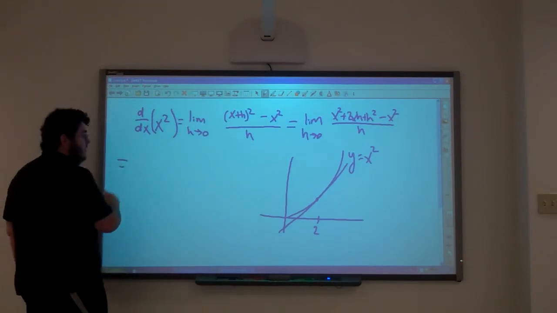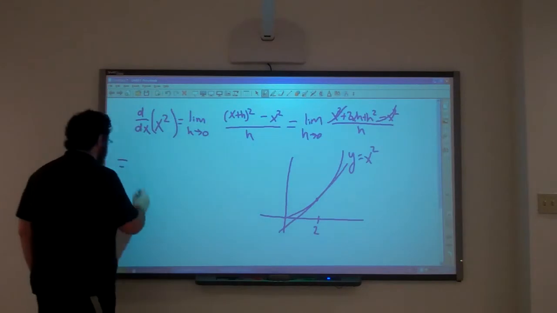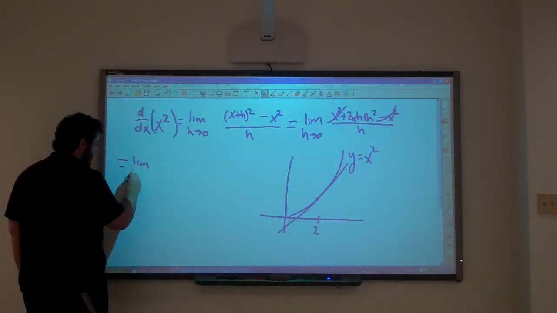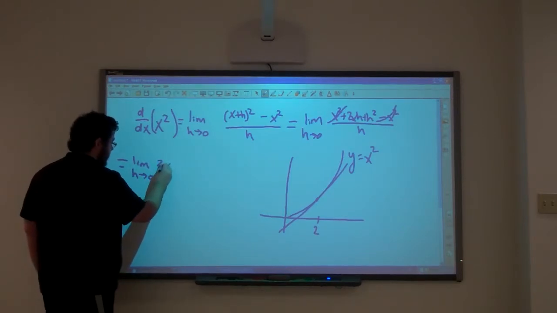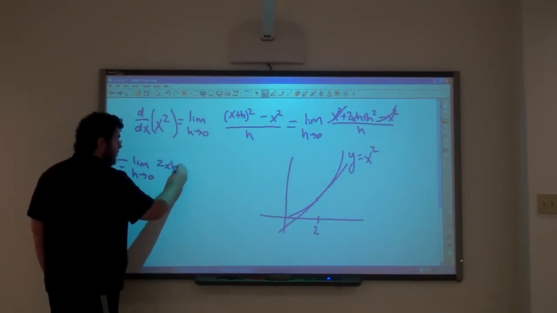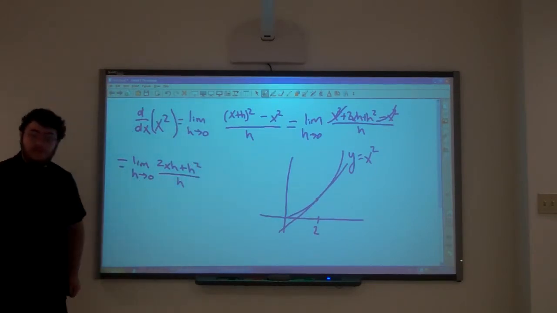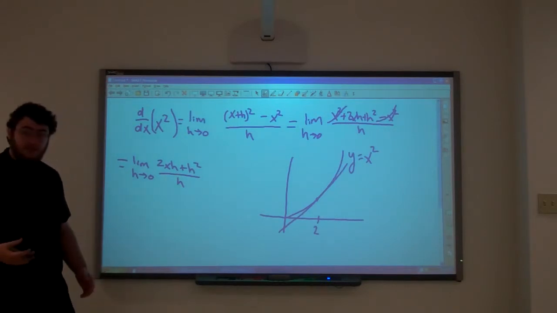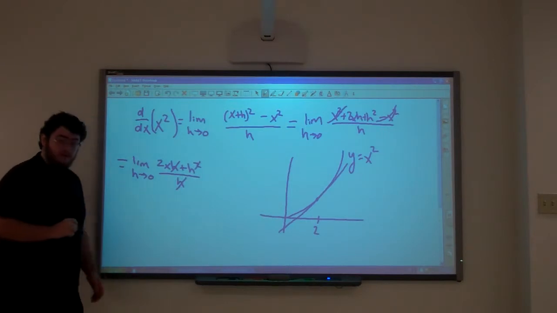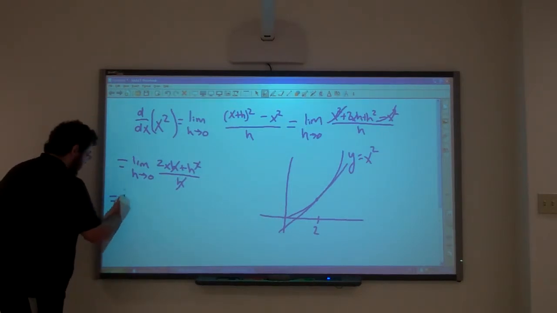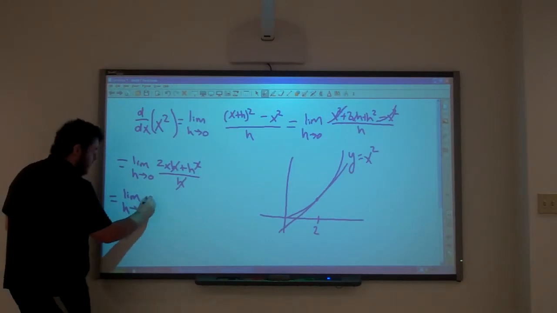All right. Well, if you notice, that cancels with that. So we're left with limit as h goes to 0 of 2xh plus h squared over h. Okay, so since there's an h in both terms in the top and an h in the bottom, what we can do is we can cancel an h from each of those. So what we're left with is this limit of 2x